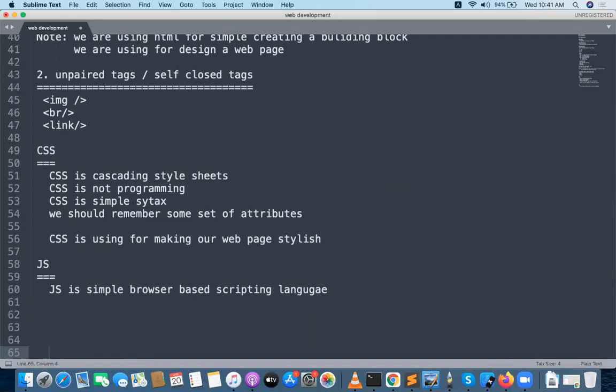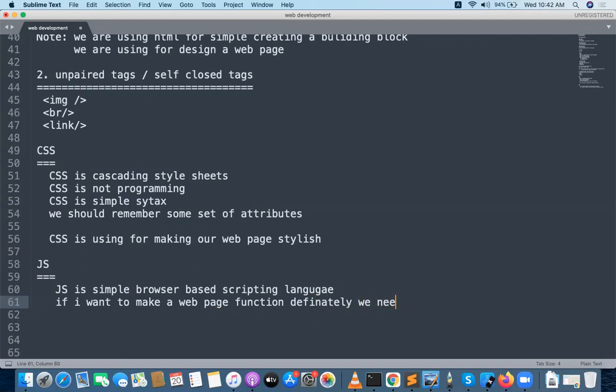JS is a simple browser-based scripting language. For example, if I want to make a web page functional, definitely we need to inject JavaScript.